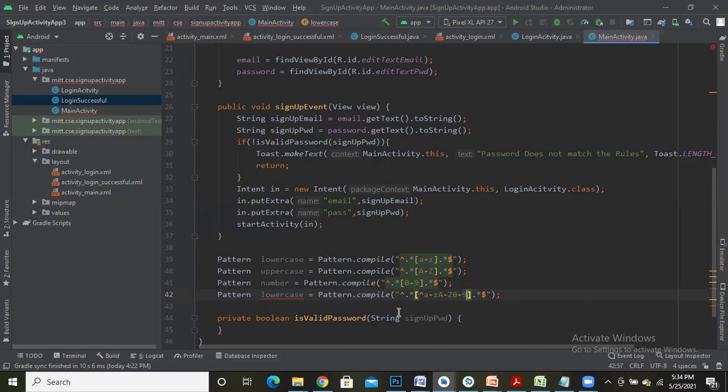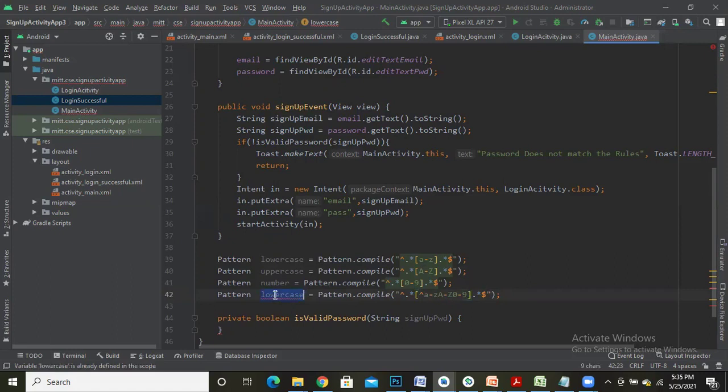So the same, it begins with caret, ends with dollar, and before this pattern it can have any number of characters, and after this pattern it can have any number of characters. But what it should not have is what is specified here. When I start the pattern with a to z in uppercase and 0 to 9, I wrote a caret which indicates negation, not of. So your special character is a kind of character which should not be from lowercase a to z, should not be from uppercase A to Z, and should not be from the digits 0 to 9.